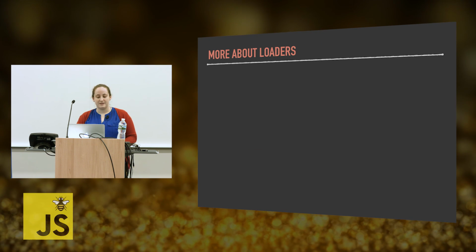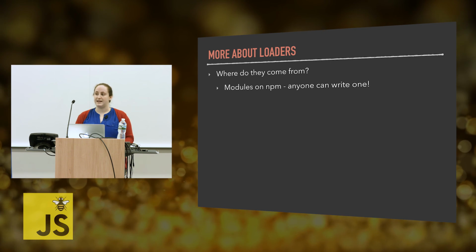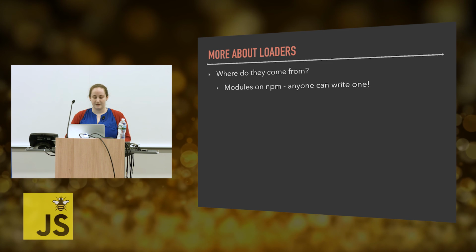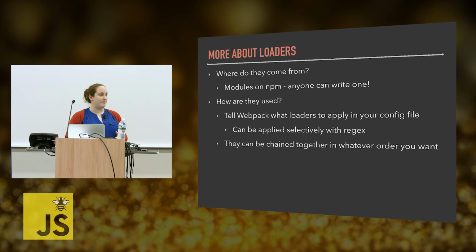More about loaders. Where do they come from? They're on NPM. Anybody can write them. Webpack itself uses a lot of internal loaders and has published a bunch of external loaders that you can use. You can write one to do whatever you want. How are they used? Well, we tell Webpack which loaders to apply in our config file, and they can be